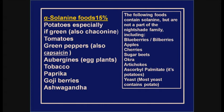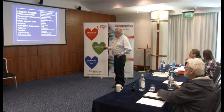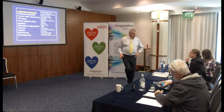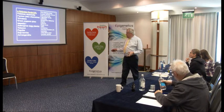Sometimes people are sensitive to red peppers and yellow peppers, but it's particularly green peppers, aubergines or eggplants. So those would be the common foods. Tobacco, if you chew it, paprika, goji berries and ashwagandha. Tobacco, peppers and things are all part of this deadly nightshade. Goji berries I don't know anything about, whether they're truly a solanine family, or ashwagandha, but they put them in